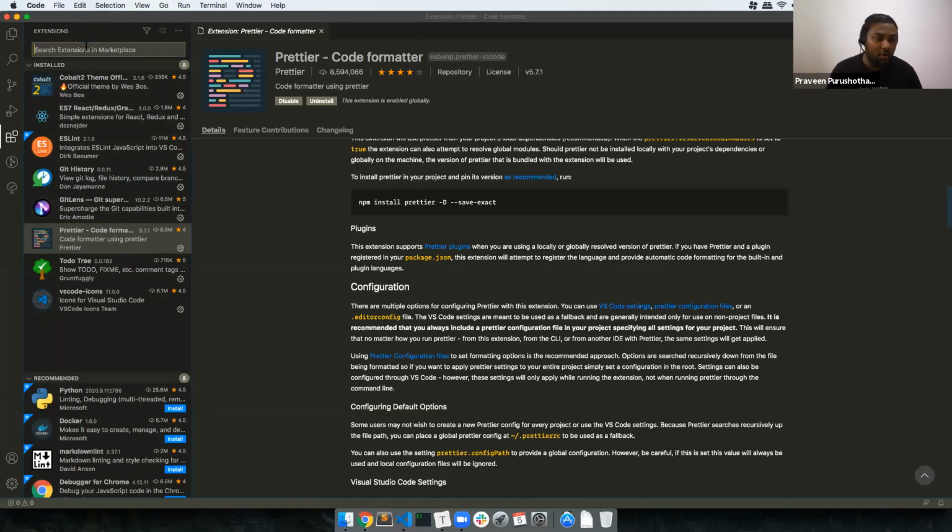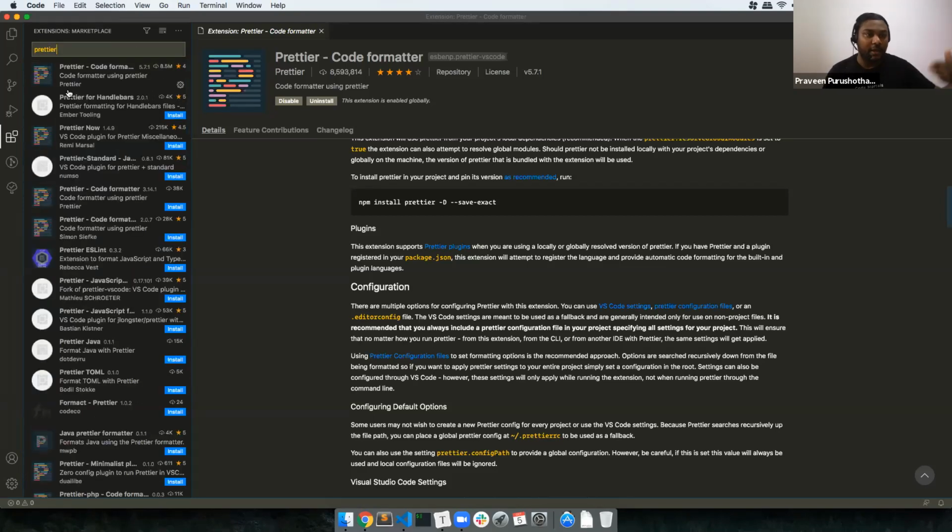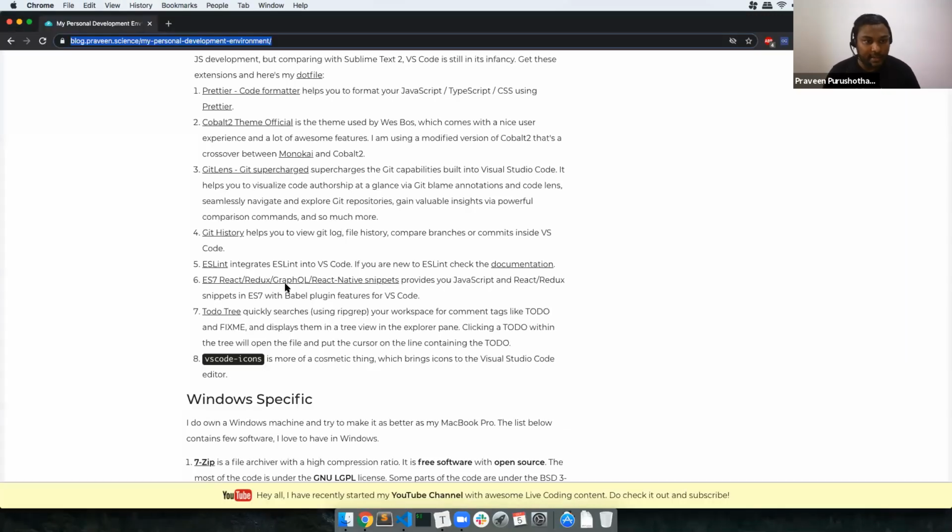If you type in Prettier here, it starts looking through the extension library and starts installing. My kind suggestion is to use number 1 and number 5.